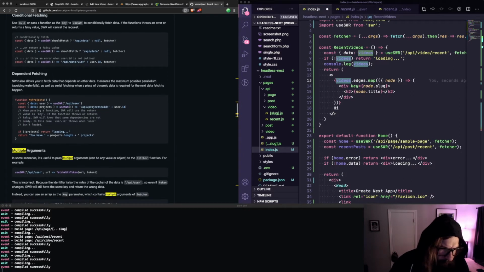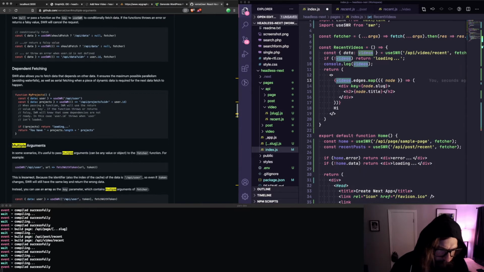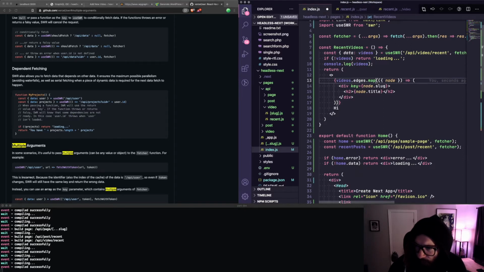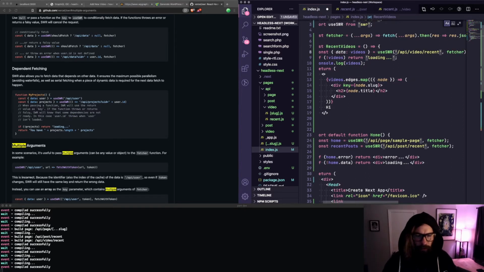Oh, is this different? So when passing a function, SWR will use the return value as key. If the function throws or returns falsy, SWR will know that some dependencies are not ready. In this case, user ID throws when user isn't loaded. Interesting. Okay, didn't know that either. So if we